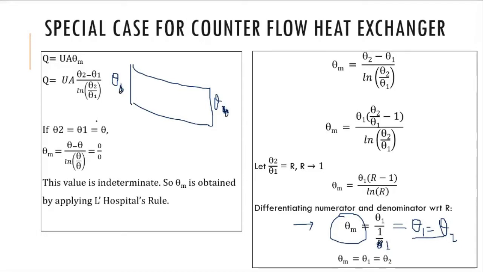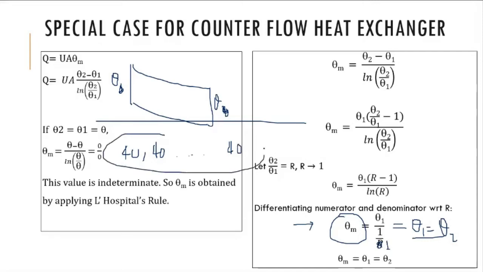Now suppose that we have a class. In a class we have say 100 students and all of them are scoring 40 marks. So 40, 40, 40 for everyone. So what is the average mark of that class? 40. Is that logic clear? Yes, sir.